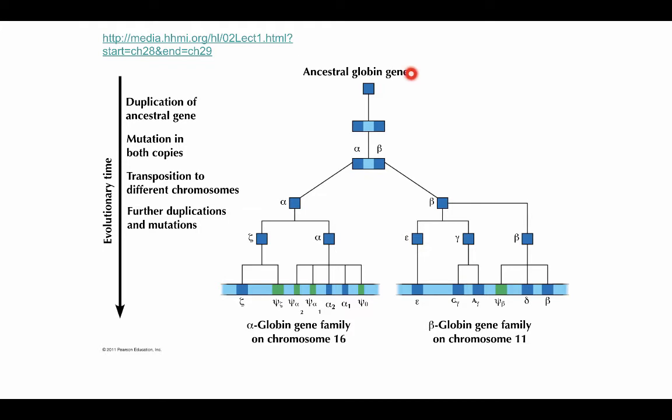So the idea is that you have an ancestral globin gene, just one of them in a common ancestor of the past. It got duplicated, and then one of those could diverge in one way and the other can diverge in another way, meaning basically they're accumulating different mutations. And this is a very common thing you see because sometimes if the mutation happens